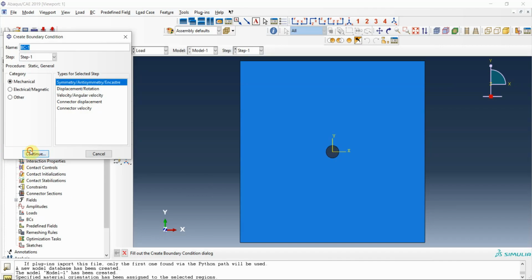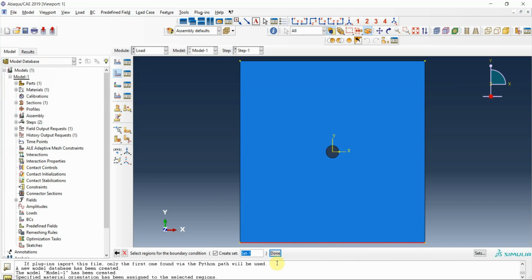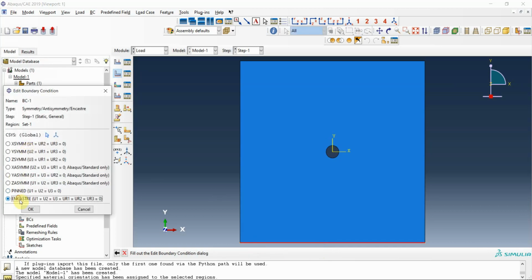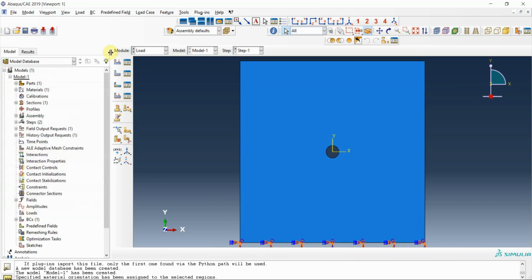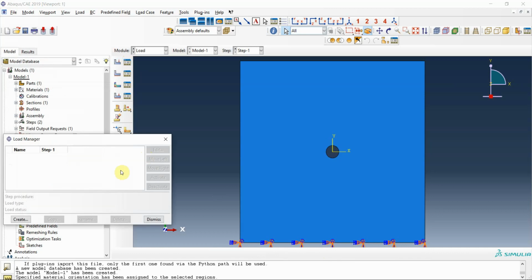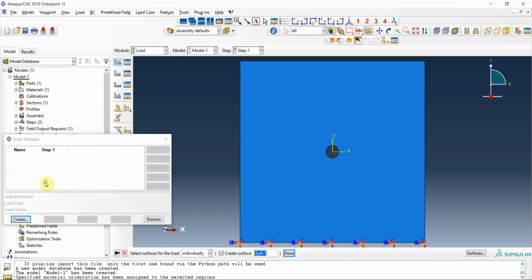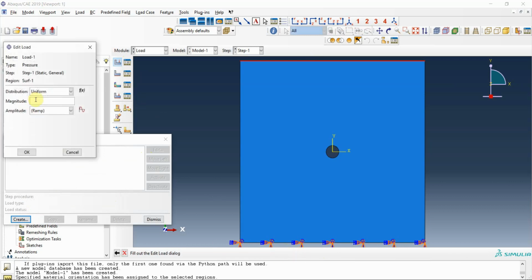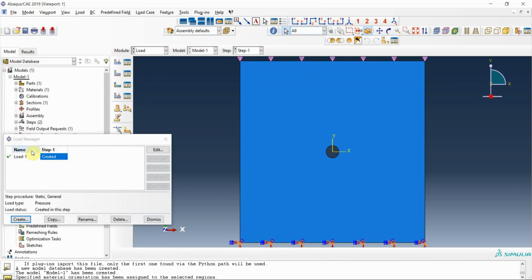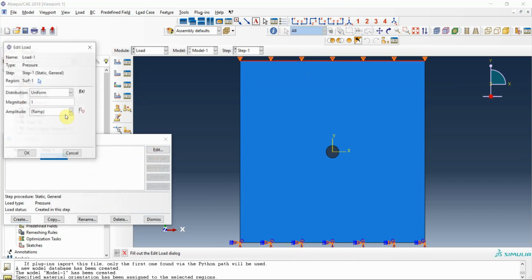So I come here and choose symmetry and axisymmetry and choose the last one. Alright, here I want to define the load, actually the pressure here, and to understand it easier, it is better to define one value to calculate it easier,